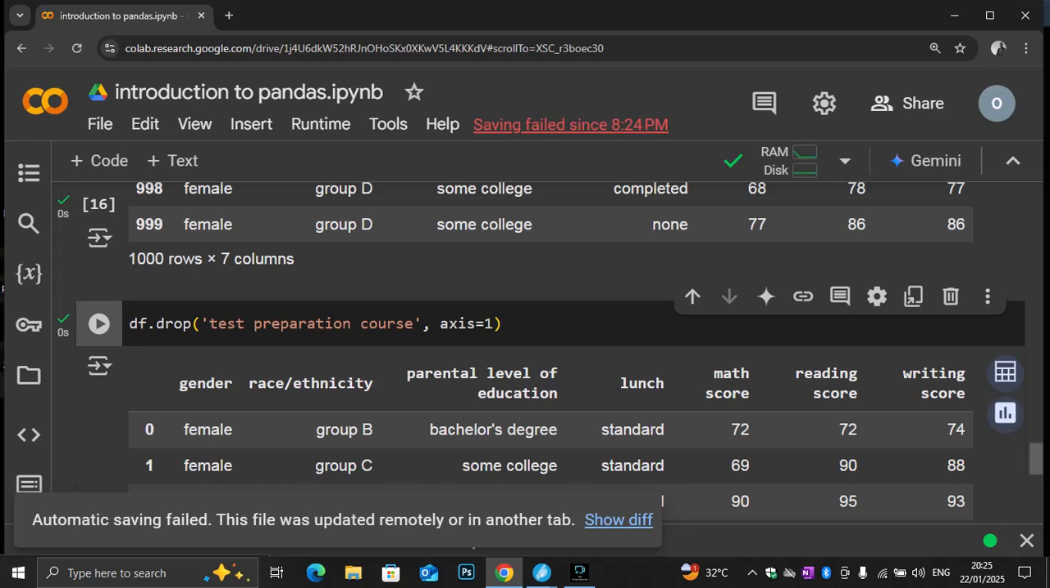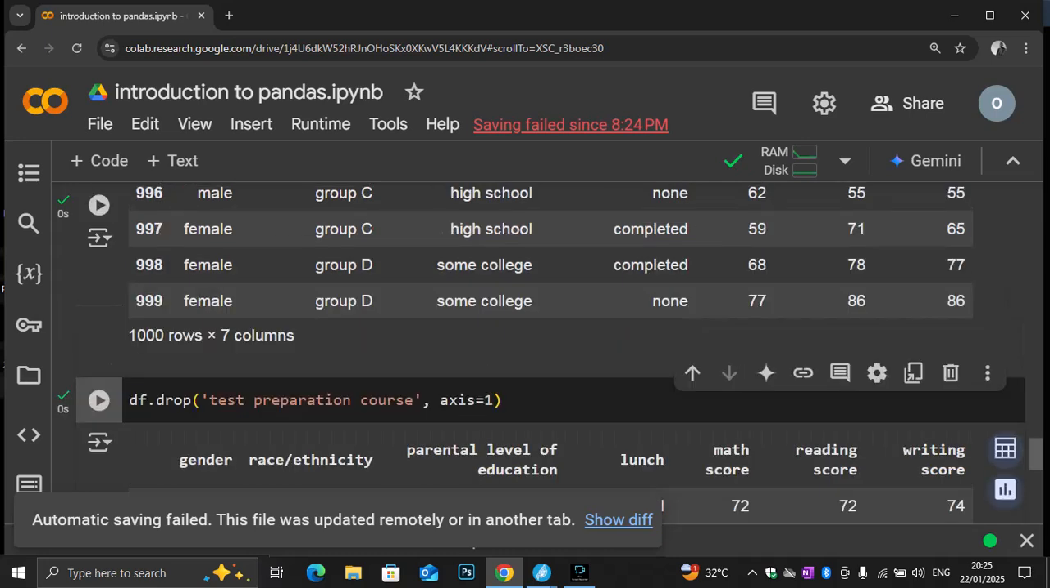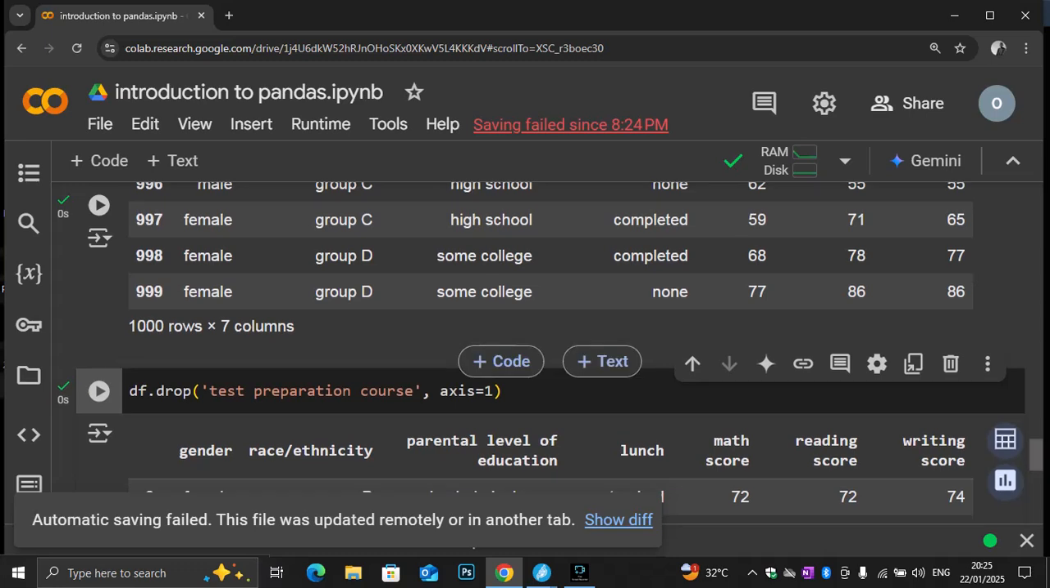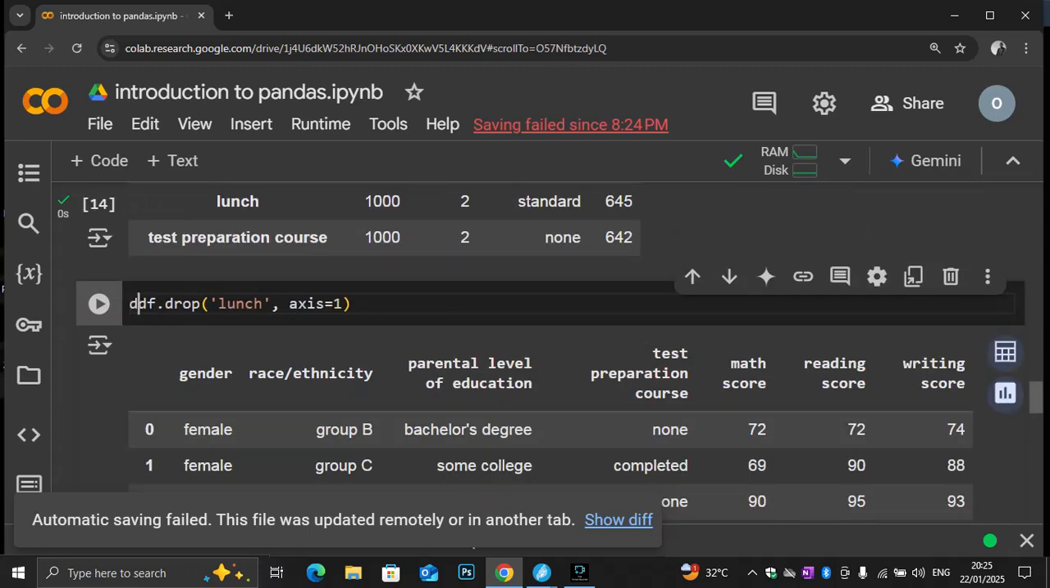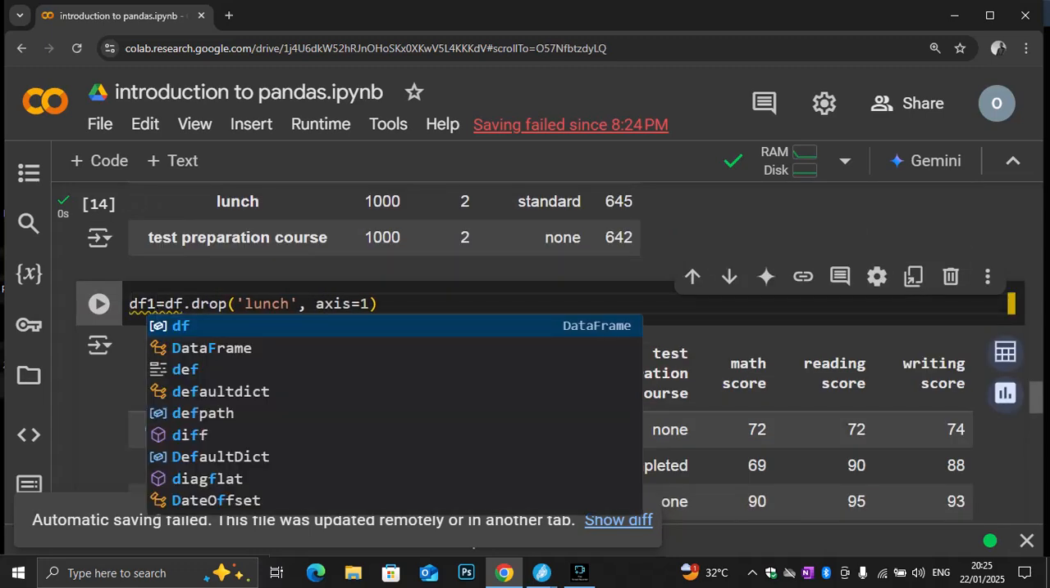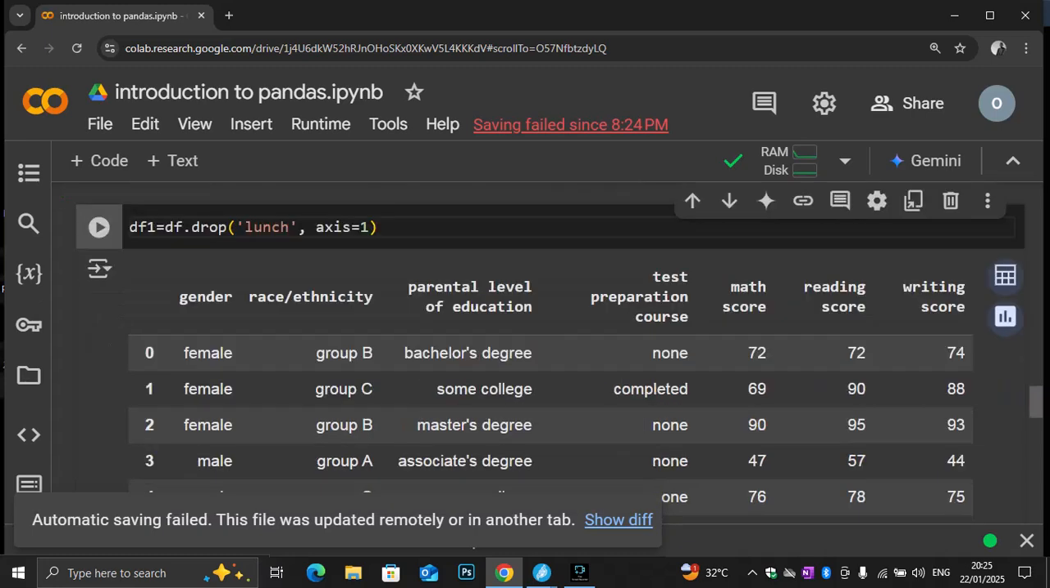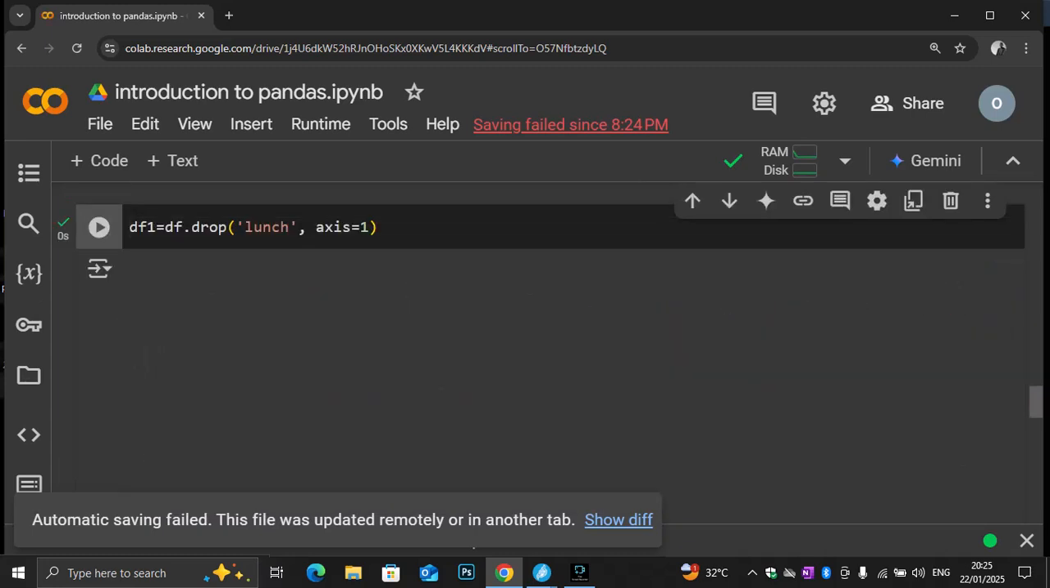Oh, I'm sorry. I made a mistake because the launch is still there. Did you know why I made a mistake there? I did not declare a variable. So I want to declare a variable here. I will declare a variable called df, let's say df1 equal to. Now I will run, and